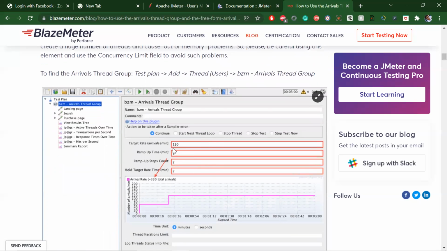They have given 120. Wrap up time is 1, steps 2, and no orders 2. So it got 330 arrivals. 30 total arrivals. 120 per minute.